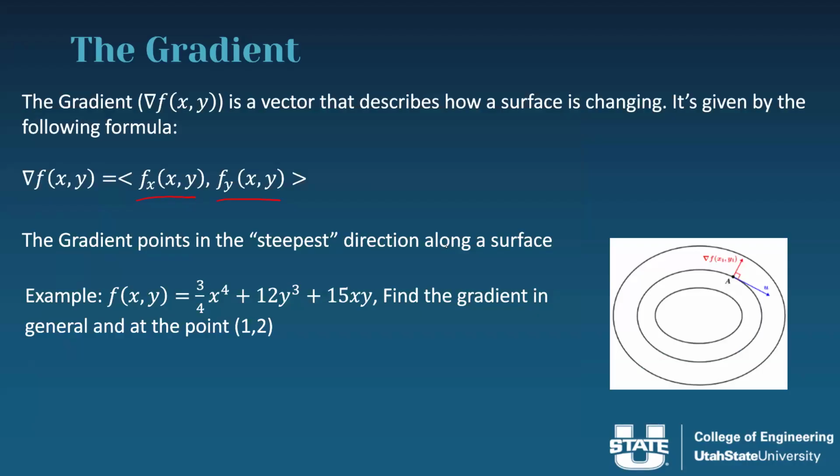So for the next few concepts, I just have one surface that we're going to be working with as our example and finding each thing as we go. So you might want to write down this surface if you guys want to do an example. But let's find the gradient of this surface right here. So our gradient is going to be equal to our partial with respect to x and then our partial with respect to y,